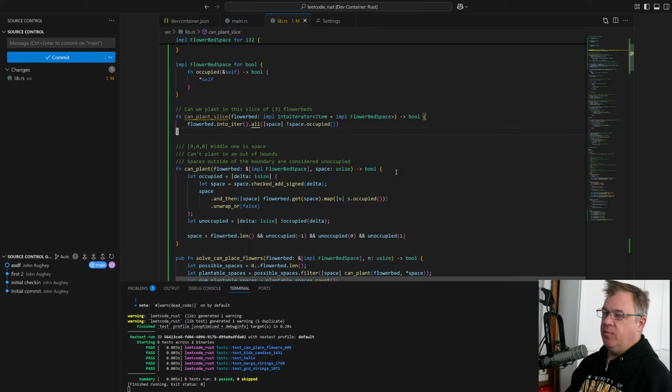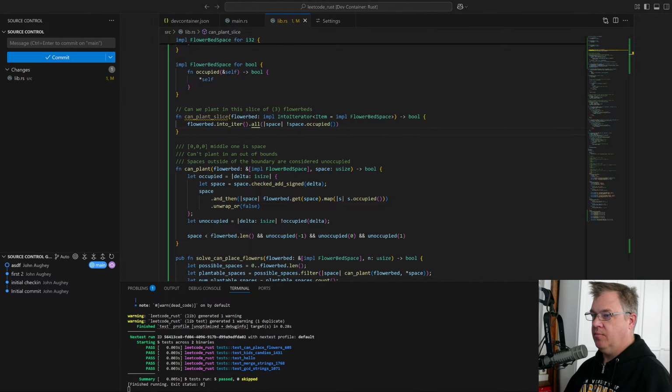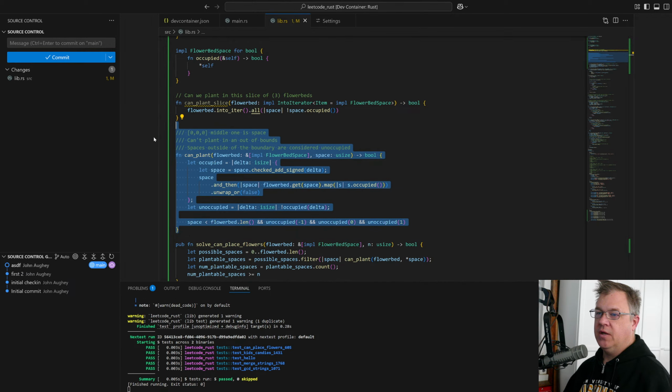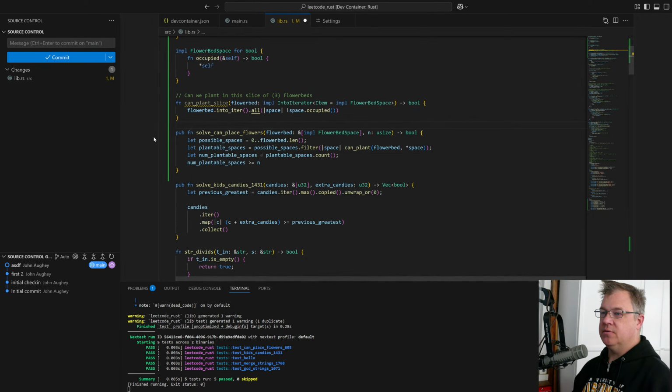And we can only plant into there if all of those are not occupied. And actually, I'm thinking, once we do plant into that spot, we have to jump ahead one. So, this is actually not going to work right. No, I'm going to delete all this because this isn't quite right.